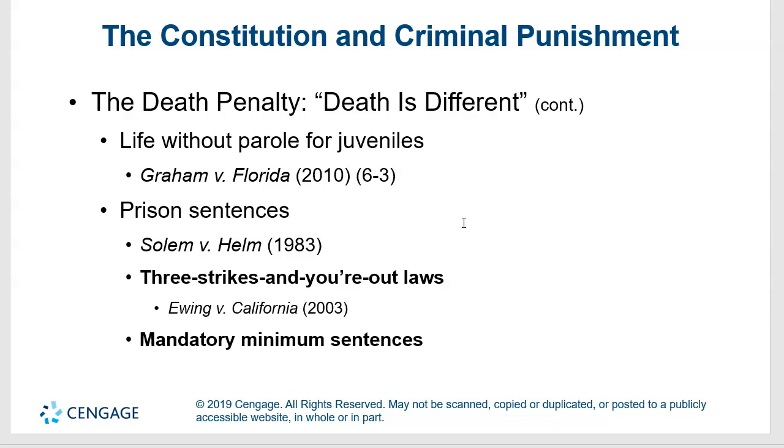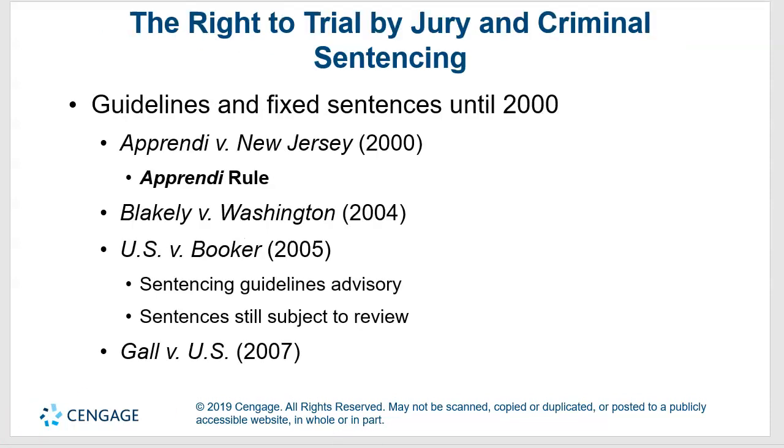Prison sentences, mandatory minimums are fine. Three strikes and you're out are fine. Okay. We have the right to trial by jury and criminal sentencing covered in the 5th and 6th Amendments. Sentencing guidelines need to be flexible. They're advisory. Judges can deviate, but they just need to explain to us why. Okay. So this is just an overview of some of the content,